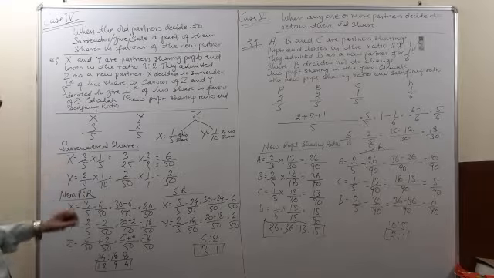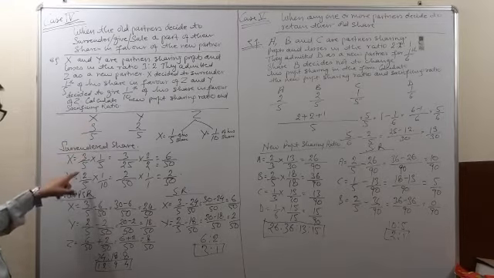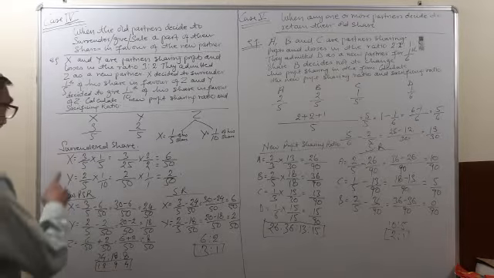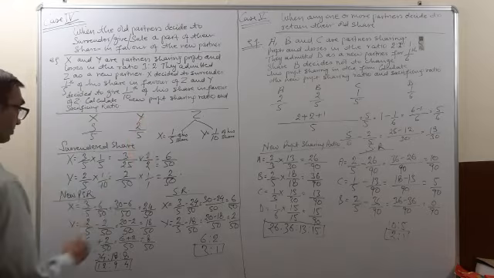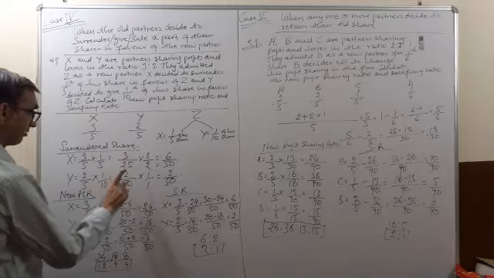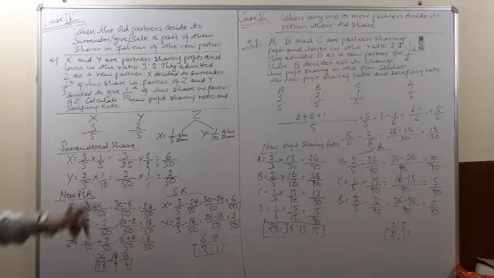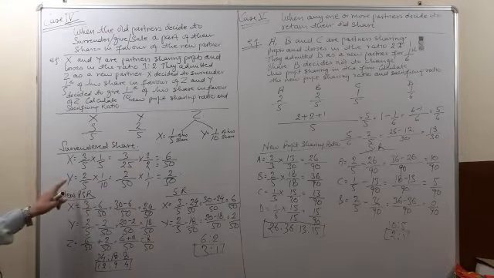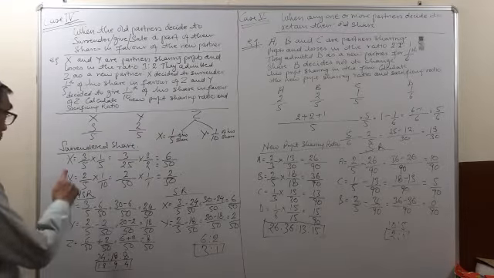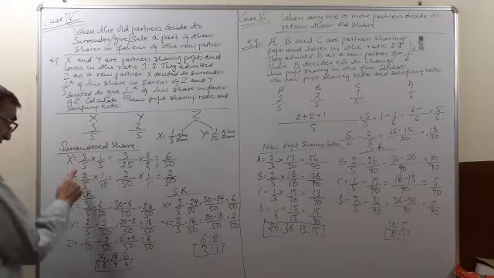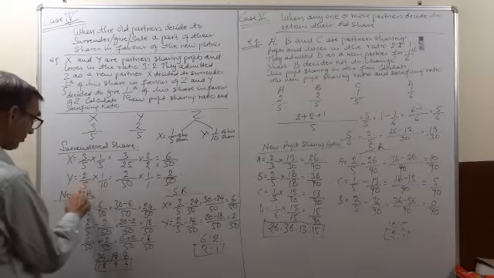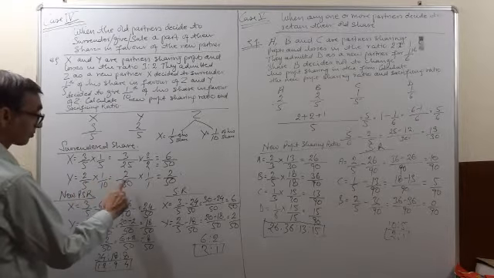In case of X, his old ratio was 3/5. 1/5 of 3/5, X is surrendering in favor of Z. So 3/5 into 1/5 is equal to 3/25. This much X has surrendered for Z. Now Y is surrendering 1/10 of his share in favor of Z. 2/5 was Y's own share. 1/10 of it comes to 2/5 into 1/10 is equal to 2/50.